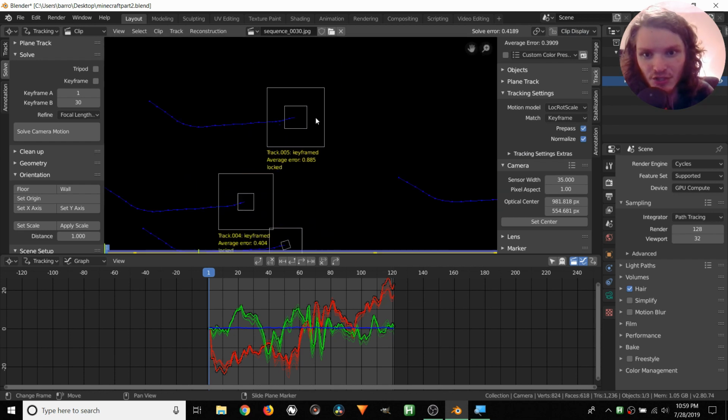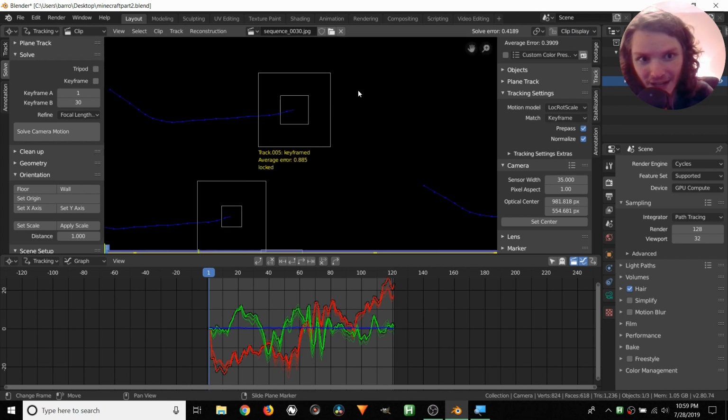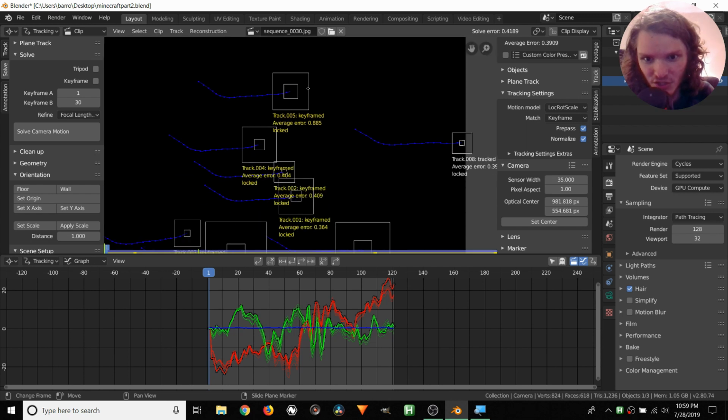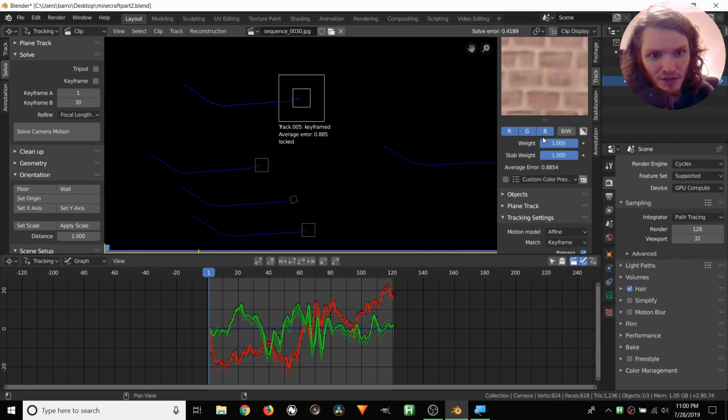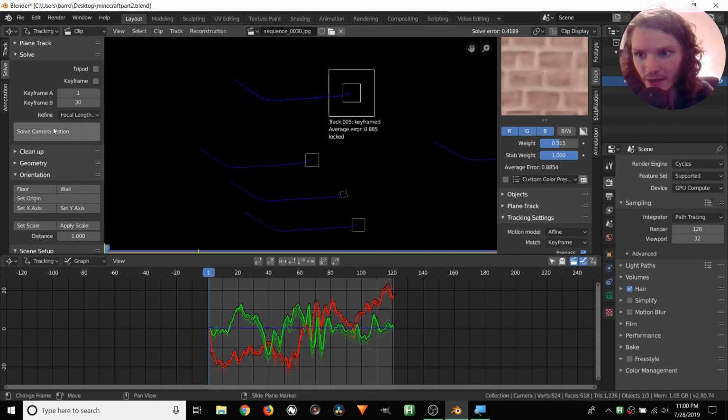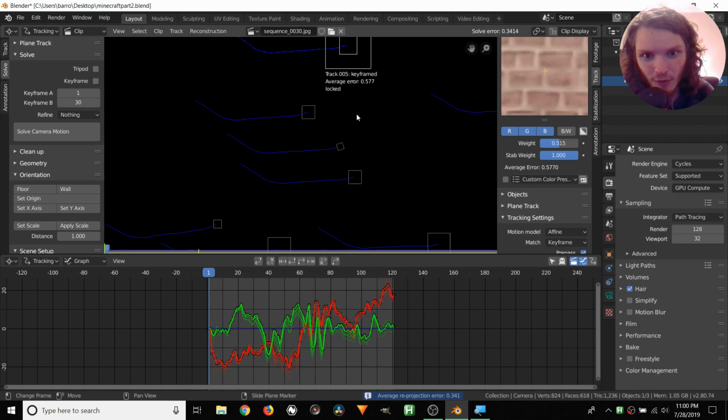A tracker with a high error, 0.885, which is much higher than 0.42, is making our average come out much higher. This is a bad tracker, the worst offending tracker, and we want to take the ones that are bad, like this one, and take their weight, which is how much they're contributing to this weighted average. We want to bring its contribution down, so it's not making our average too high. Already, if we no longer need to refine and we solve this, now we're down to 0.34, just by making that tracker less effective.